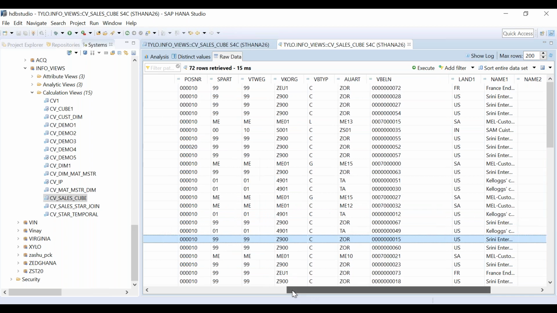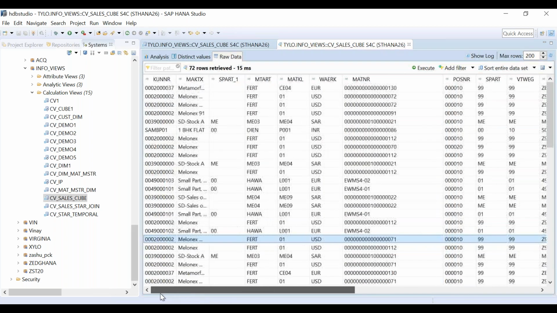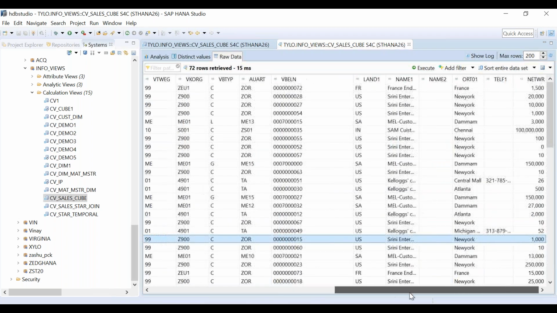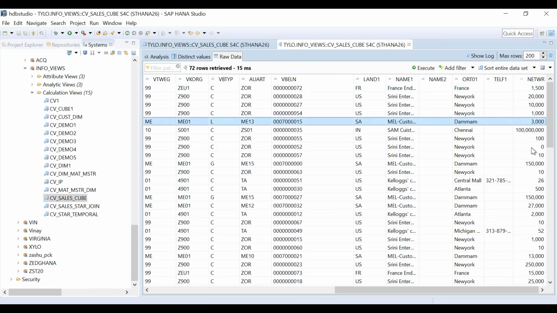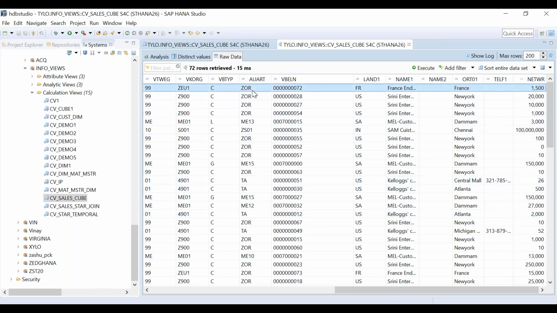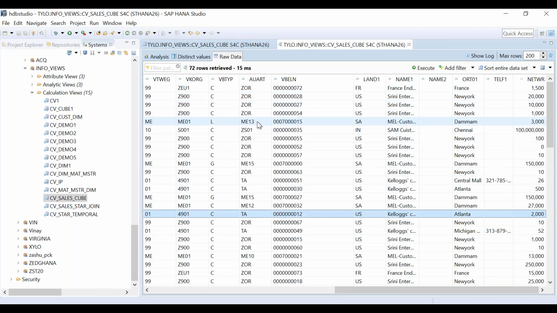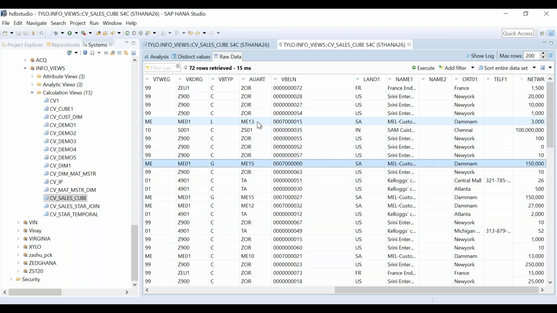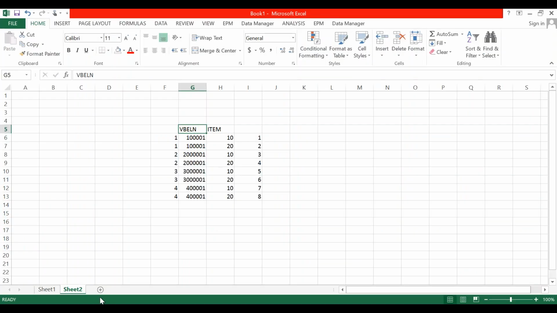Where is the net amount here? Yeah, this is net amount. Based on the sales order type, this is AUART, the sales order type, we want to give some discounts to the user. Very simple example.